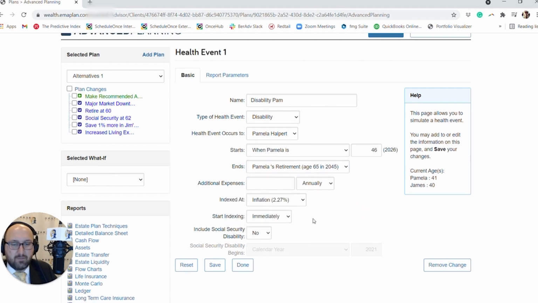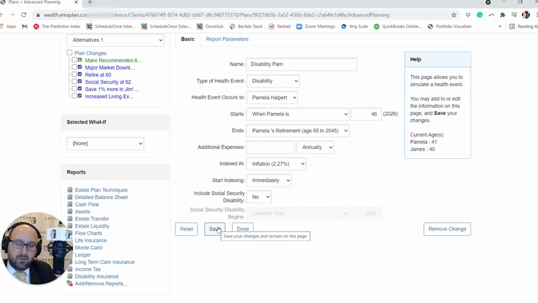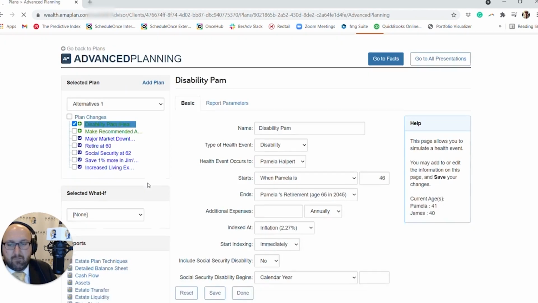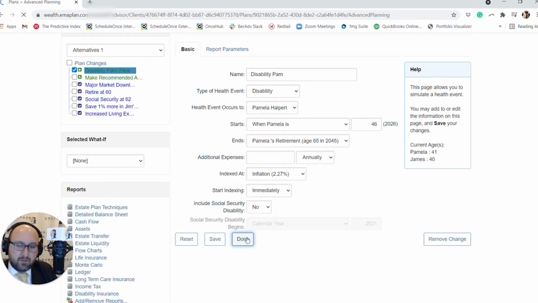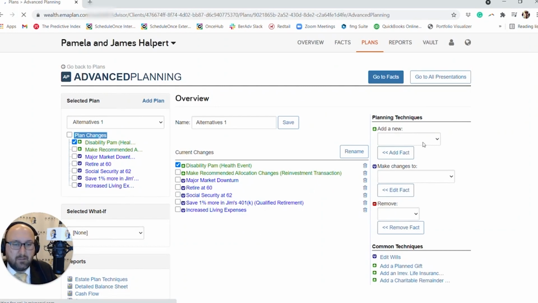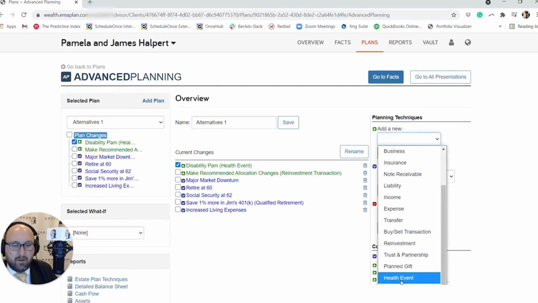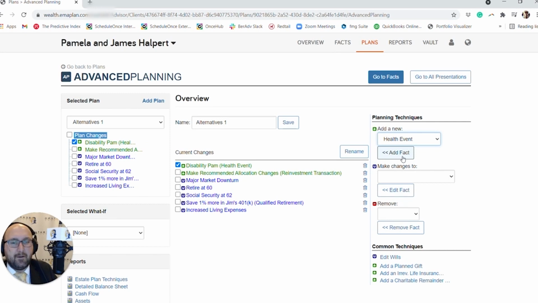We don't show any additional expenses. We just leave it there because what it's going to do is it's going to cut off all their income streams. And if they have a disability policy, it's going to implement that disability policy. You click save, and you can easily create one of these for both spouses. So, by the way, excuse me, we want to hit done, not save. So to get you back to that screen, you can go do another health event for this other spouse, put it in there. But for sake of time right here, we're just going to do another one,